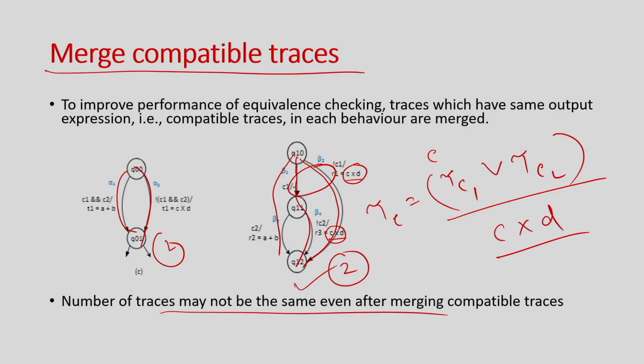Okay. But this is actually a useful trick to reduce the complexity, because whatever I am saying, I have to compare trace versus trace, but the technique that I am going to propose here will reduce the complexity. Here, because 2 and 3 I cannot compare, I merge these 2 traces into 1, now 2 into 2, so I can compare them easily, right. That will reduce the complexity of the equivalence checking.